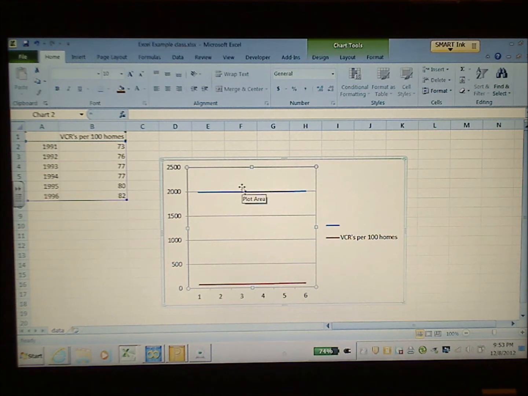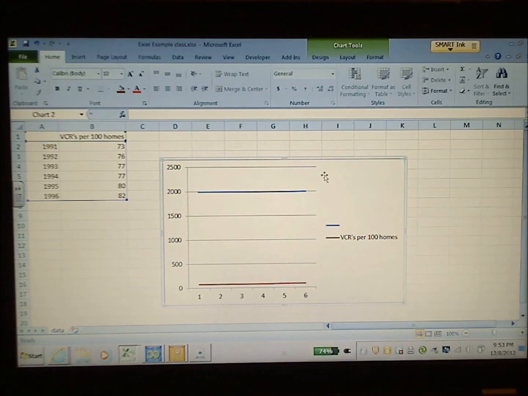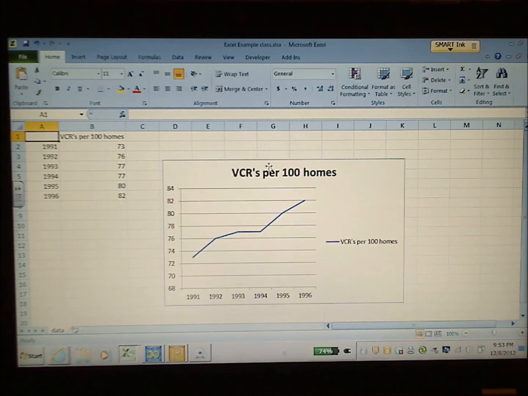This is called the plot area. See that right there? The plot area. And that's how you put pictures behind it or grid lines or anything like that. We move over here till we get to the chart area. We right click. Nope, not there. You have to kind of play around with it. Right click and you're going to cut it because we don't need it. We want to get back to this. Now, once we have this and we click on this graph,